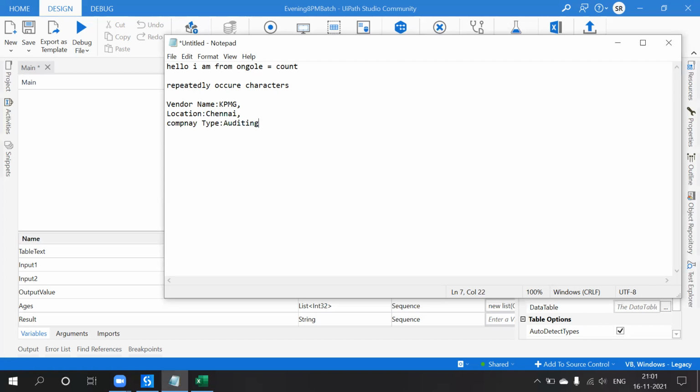So I have the data like this, and this is in the form of text.